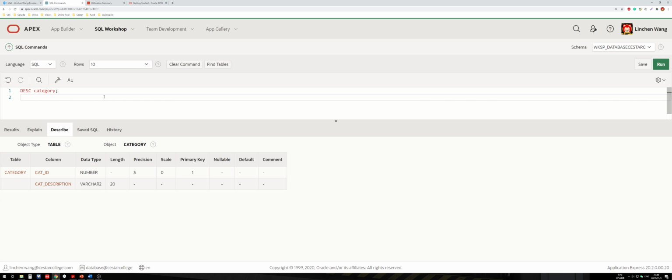Okay, for the category, we only have 2 attributes here, right? CAT ID, category ID, and the category description. So there are 2 ways to insert the data. We can say insert into category, which is the name of the table, and we can insert for each attribute